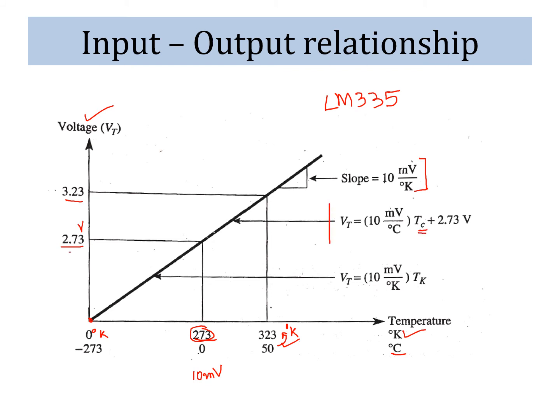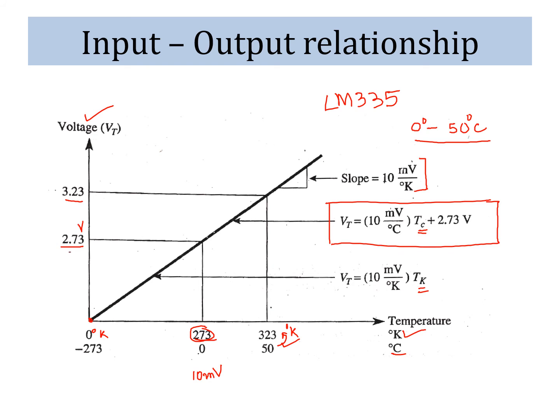My equation will be in centigrade. Why am I interested in centigrade? Because when we started the definition of the problem, it was stated that temperature variation is 0 degree centigrade to 50 degree centigrade. So in the problem definition, temperature variation is given in centigrade. So we will do a small modification from Kelvin to centigrade.